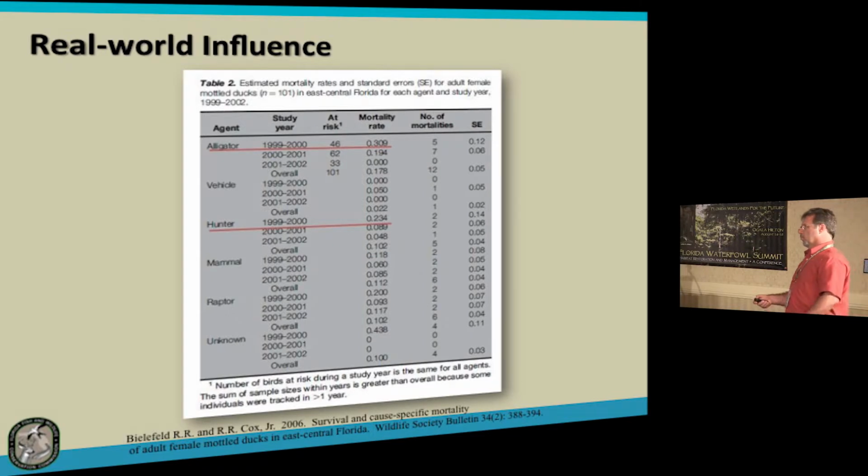So what does this really mean? Well, it means that in conservation, when we look at enhancement and conservation in the upper St. Johns River Basin, I would suggest that these areas need to dry, like Steve was saying. They need to dry to stay productive. But the dry downs, if you can prolong them,